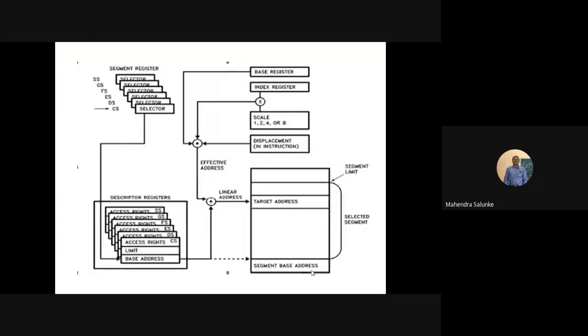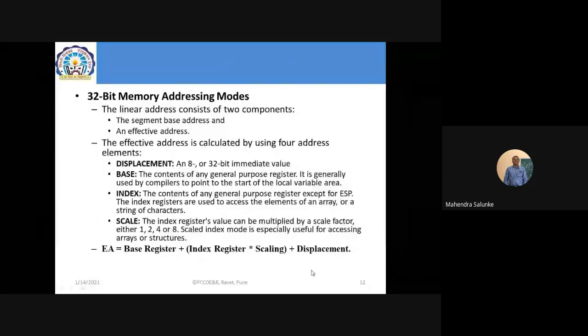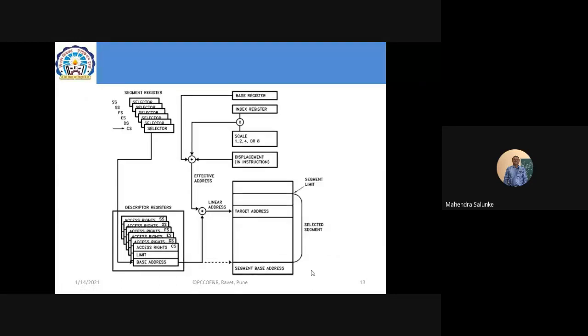Now here is one diagram that I will talk about, the calculation of effective address. I will show it in graphical format, how the linear address is calculated here. As I told you, the segment register will be used to point to the starting address of the segment. Here you can see the dotted line indicates the base of your segment. So this is the segment selected, and the effective address is to be calculated here, right?